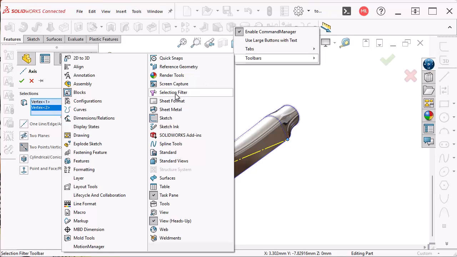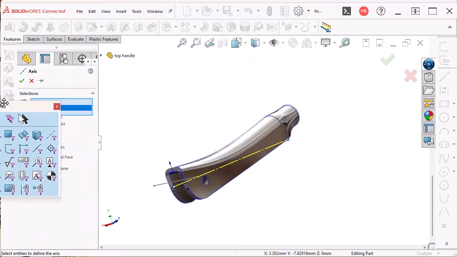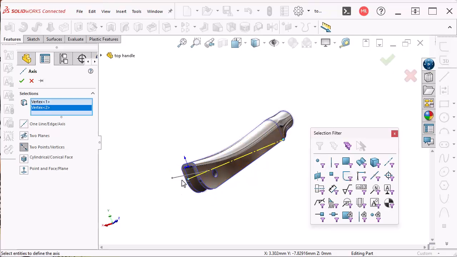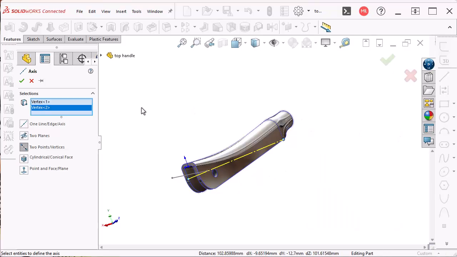And the selection filter is available as a toolbar, usually shows up at the bottom, but you can get it to show up as a block like this. Some of these have hotkeys, so the filter vertices, for example, if you wanted to turn that filter on yourself to only select vertices and show up, then that would be great. Filter edges would be E. Filter faces is X. And you can write some of your own hotkeys for these. Filter axes, filter midpoints is a good one. So in any case, there's a lot of tools here that you can use with this selection filter and the